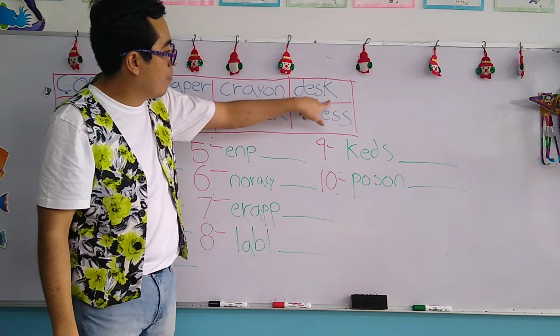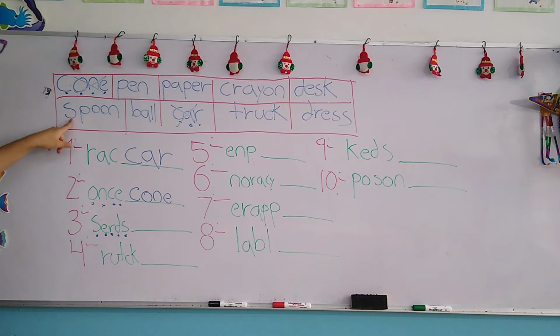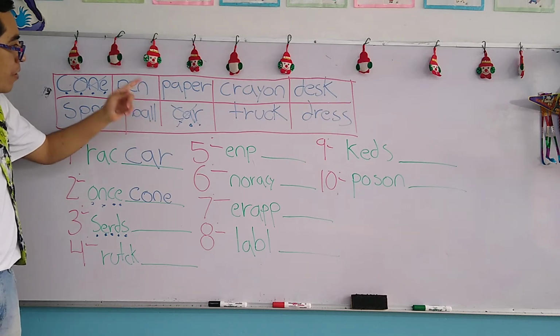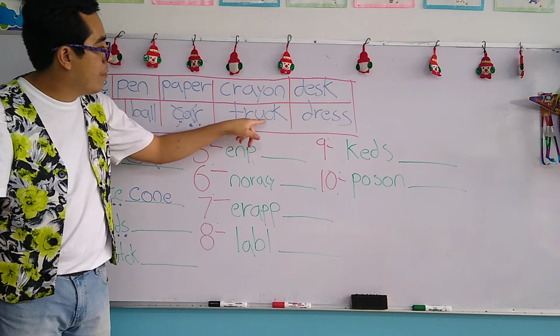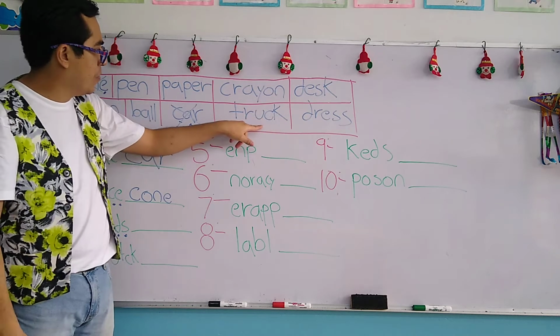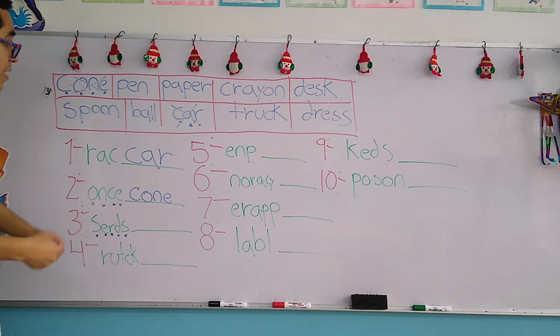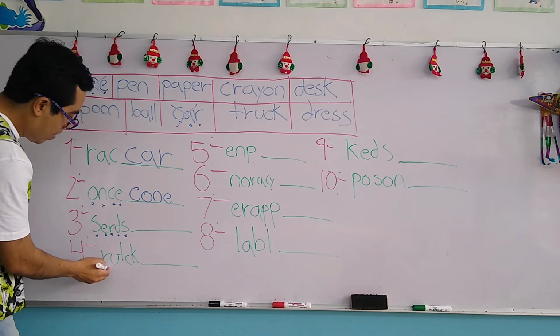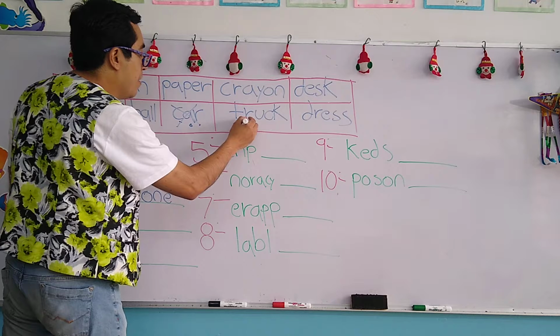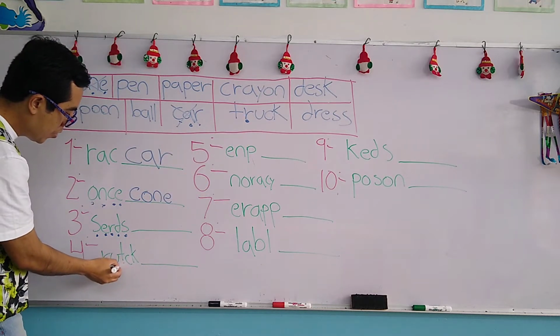1, 2, 3, 4, no. 1, 2, 3, 4, 5. But again, we have a letter P here, so it's not the one. 1, 2, 3, 4, 5. Maybe it's this one. Oh yes, let's see. We have a letter R, right here. A letter U,